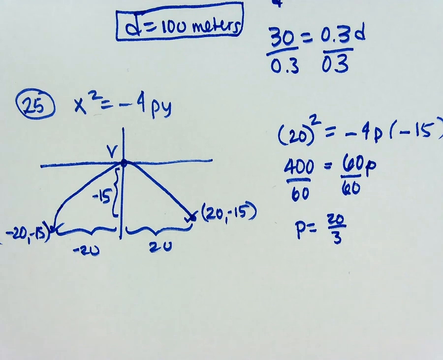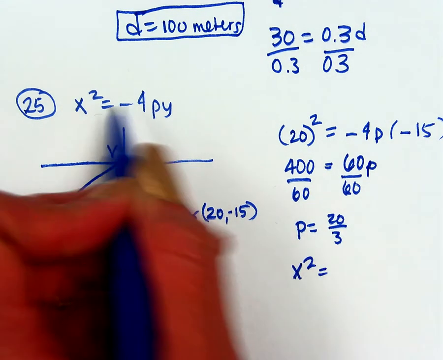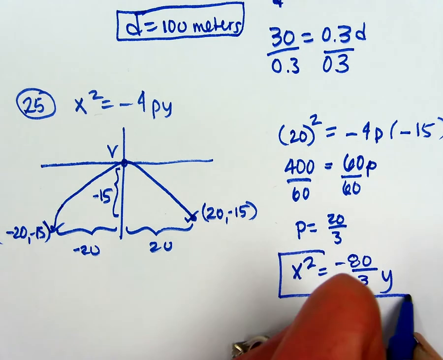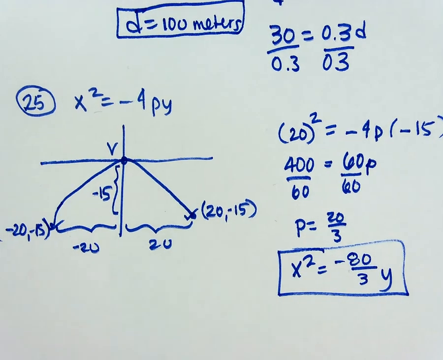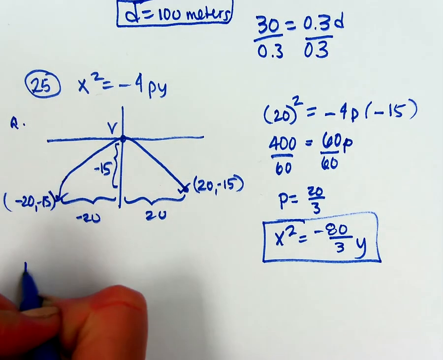All right, so my actual equation is going to be x squared equals, now I need to multiply this by negative 4, so it's going to be negative 80 thirds y. All right, so that was part A. Part B, after you found the equation,